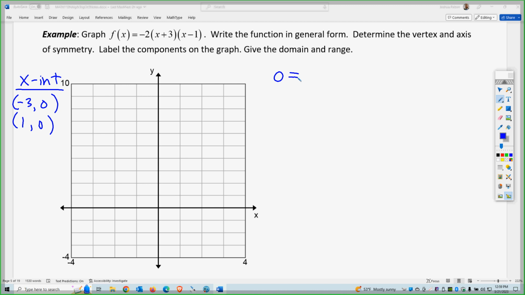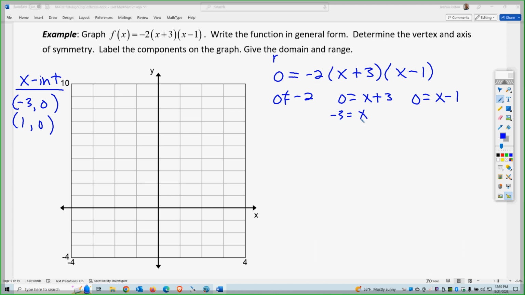We know that y is equal to 0, right? If you are in fact an x-intercept, y must be equal to 0, right? So 0 equals -2, which is not true. 0 equals x plus 3. 0 equals x minus 1. So -3 equals x and 1 equals x, right? But you don't need to do that. We can just look at the actual form because that's the p and q that's given in the original factored form, right? Okay. So -3, 0